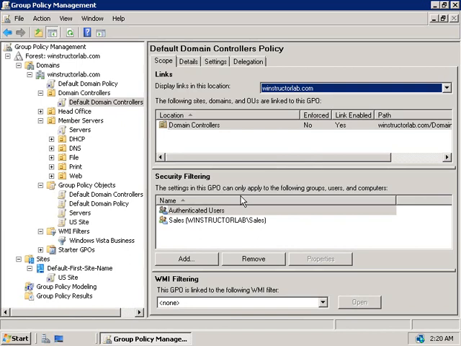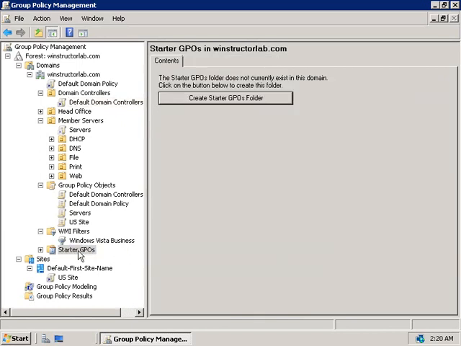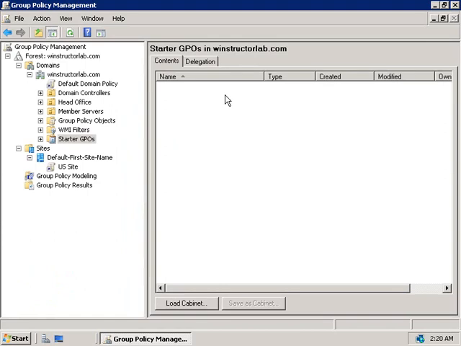Now the last container that we're going to look at in this video is the Starter GPOs container, and if we click on that, you'll notice that we don't have any created by default, but we do have this big button here, which tells us that it will create one. So if we click on this, what it's actually done is to create a new folder called Starter GPOs within